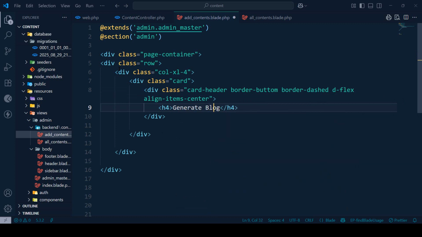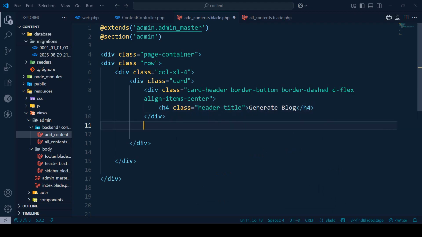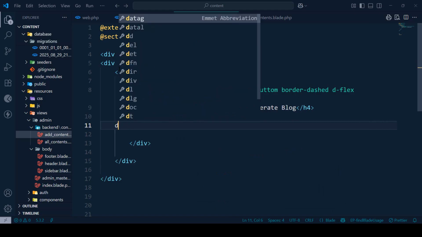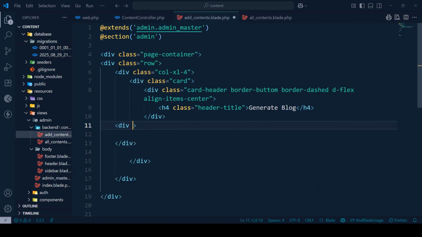Okay, so that will be generate block, and I want to put our title as a header title. That will be the title of the class. This theme class I want to use. Perfect. And now after that I want to load another div. So this will be for our body. You use that class as a card, and then the body,